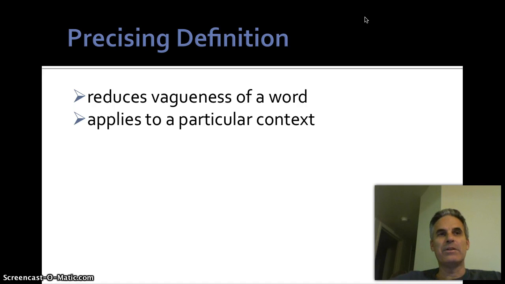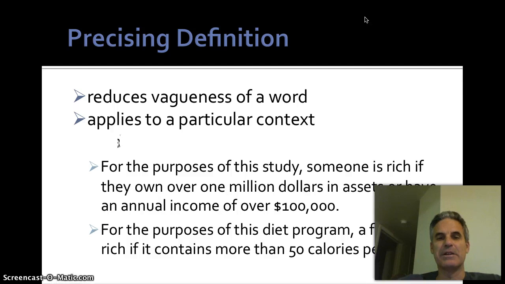So if we're defining a word using a precising definition, we're not saying this is what this word means all the time. But the problem is what the word means all the time is very vague, and so for our particular purposes, we need to define it more precisely. So a precising definition is applied to a particular context. A lot of times you'll see "for the purposes of" in a precising definition. Examples. For the purposes of this study,